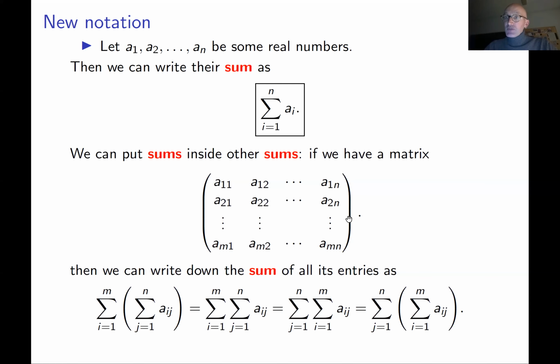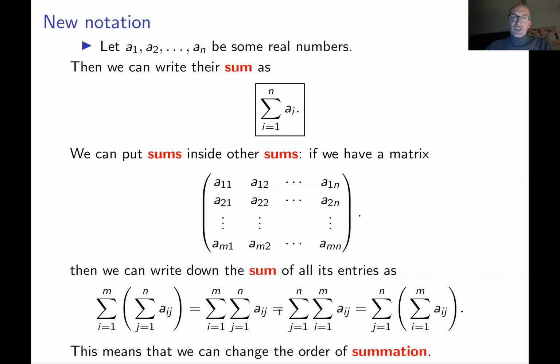This can be expressed in this lengthy formula. On the left-hand side, it's what I just did in the beginning: I take the sums of all elements in each row and then add them together. On the right-hand side, it's the same thing with columns. Of course, this is the same result, which is why I have equality here. Usually in such cases, we say that we changed the order of summation. You will see this pattern many times in the future when we compute some sums and want to prove some formulas.